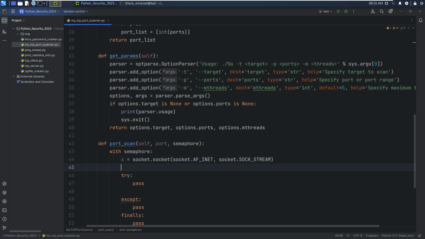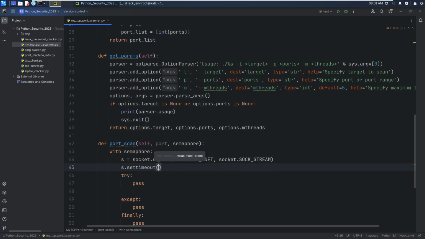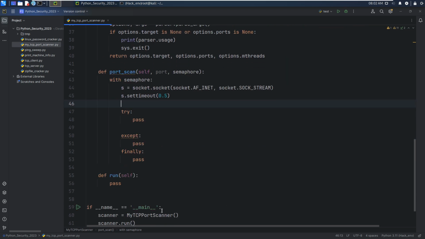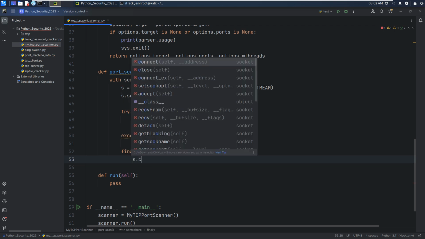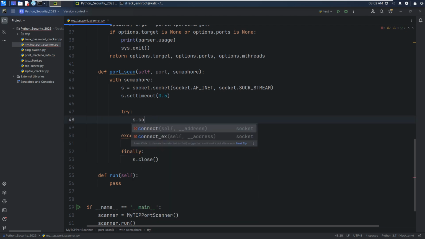And also we can set the timeout to like half a second. And finally, whatever happens, in the end we can close this socket. So next, we can try to connect,